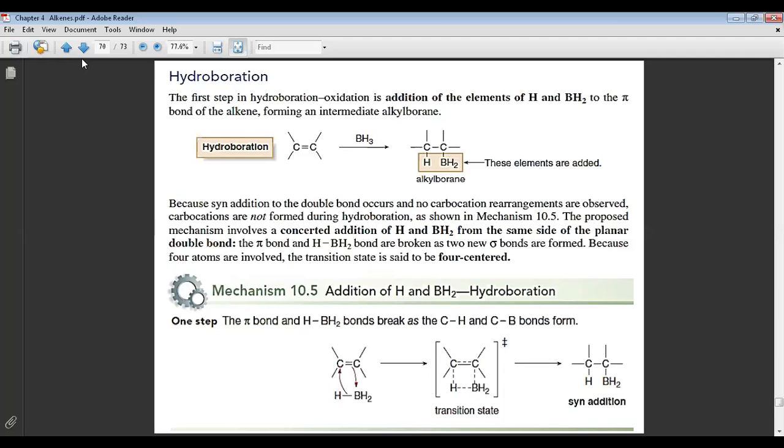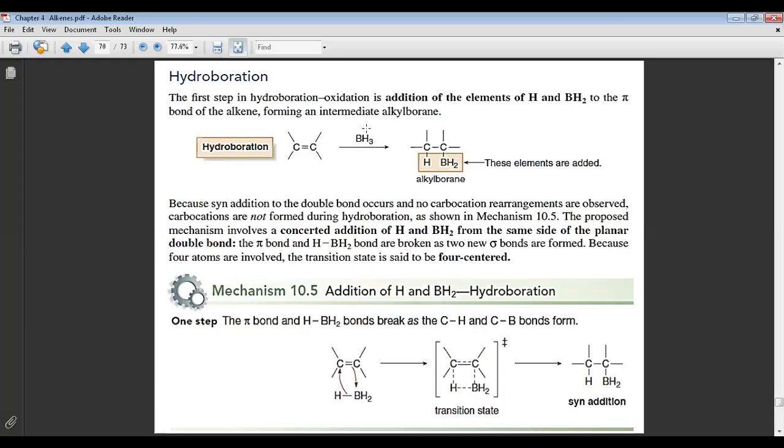The first step in the hydroboration-oxidation is the addition of the elements of the hydrogen BH2 to the pi bond of the alkene, forming what? Forming an intermediate alkyl boron. This is the intermediate product. And he explained about this addition, because it is a syn addition, this type of addition we have